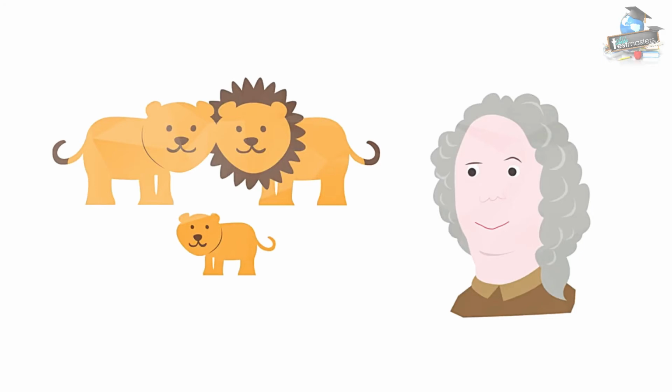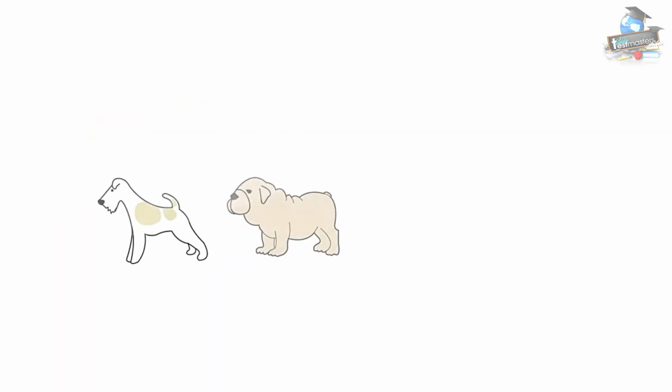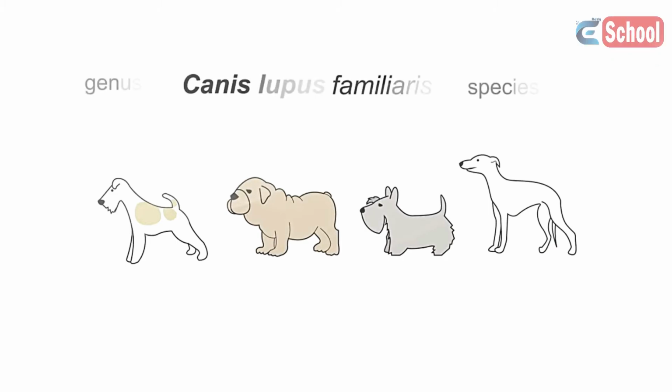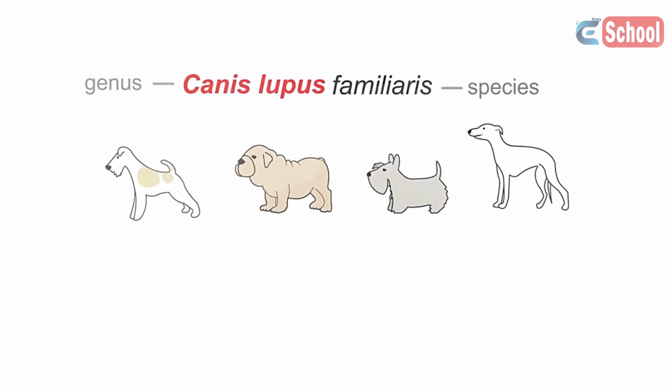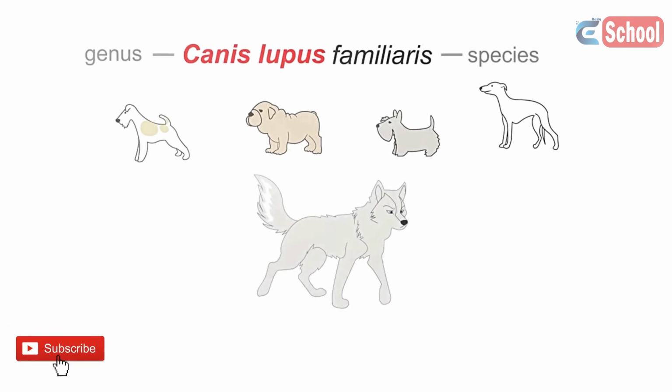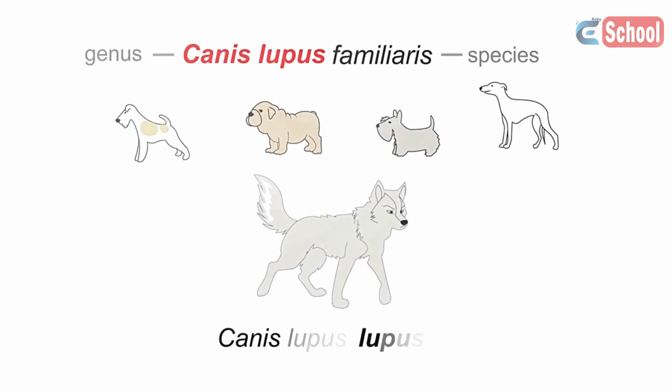Latin species name accordingly. For example, all domestic dog breeds belong to the same species called Canis lupus familiaris. Other members of the dog family that are closely related, but not the same species, will share the higher group name, the genus name, but have a different species name. For example, the grey wolf, which is the closest relative to the domestic dog, is classified as Canis lupus lupus. By using this system, we can classify organisms according to their shared evolutionary history.